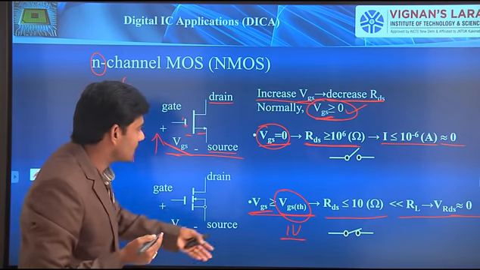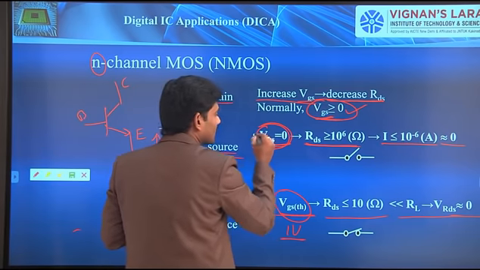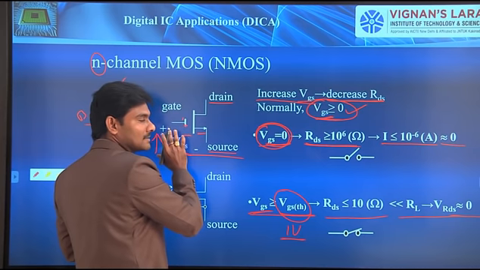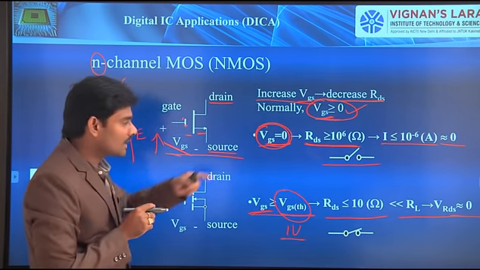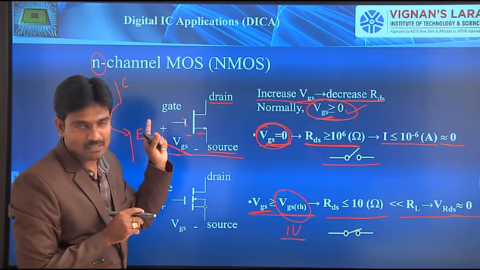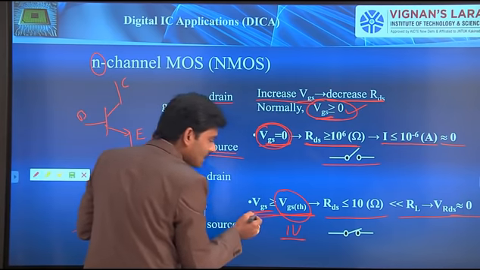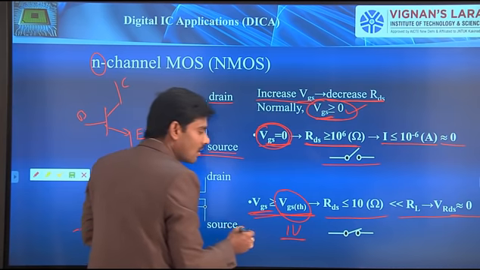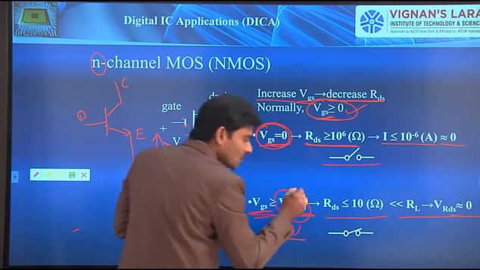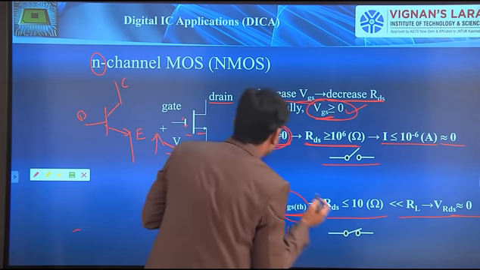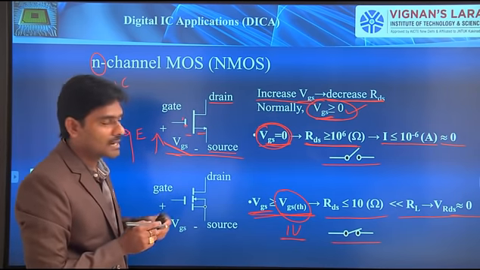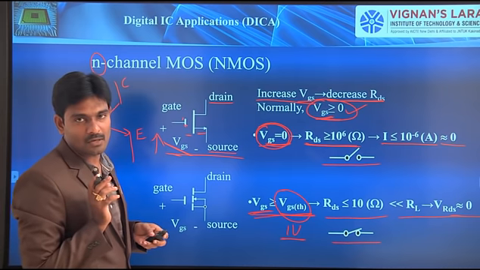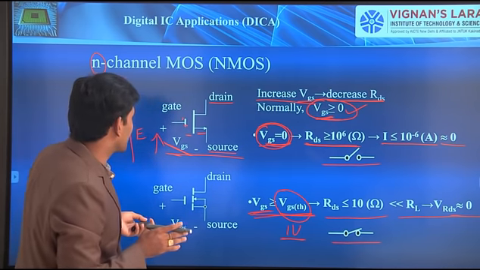Based on these definitions, as I mentioned, when VGS is below threshold that particular transistor is in off state. If you describe it equivalently with a switch, we can represent it with an open switch. Whenever VGS is greater than VGS of TH, the threshold voltage, this transistor will act like a closed switch. That's what we indicated with a closed switch for that particular one. So this is the operation.